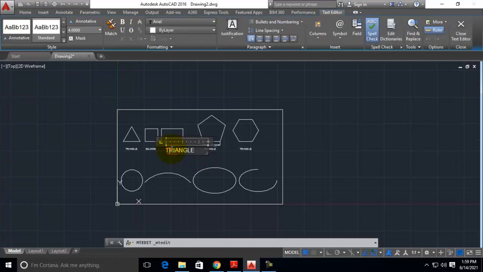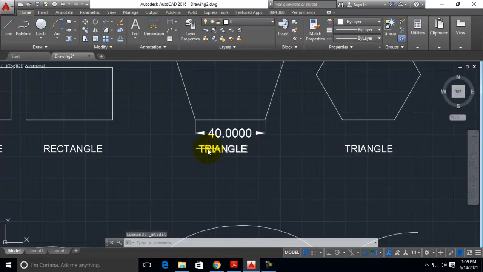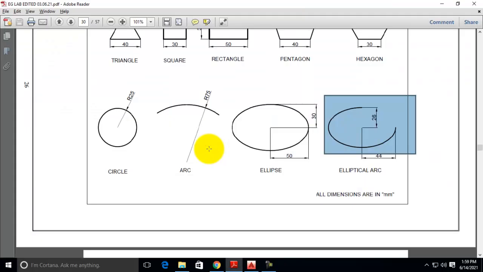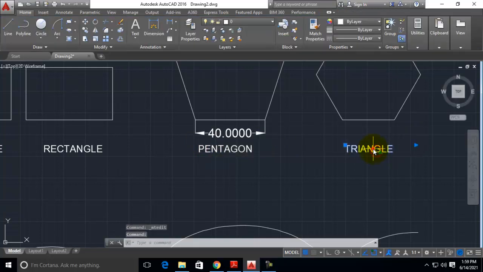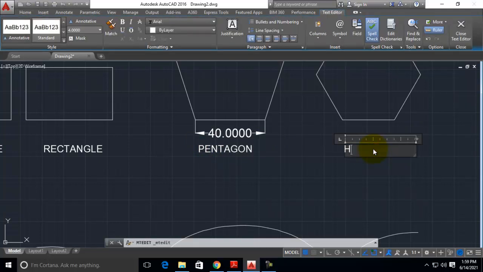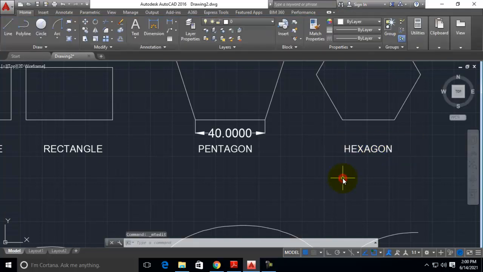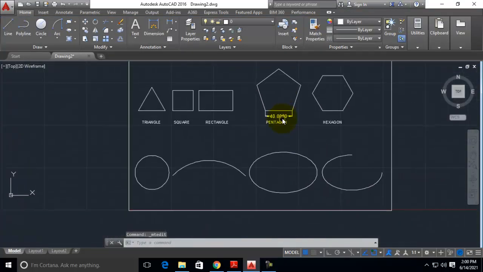Change the next one to rectangle. Now this triangle also I can double click and change to pentagon. Last is hexagon. Now we have completed the top row.